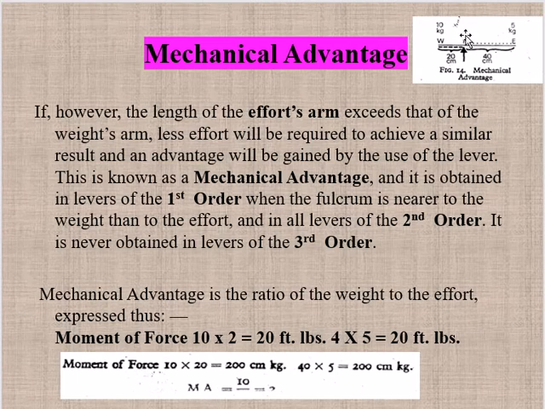see in this diagram that a 5 kilogram effort is applied and a 10 kilogram weight is lifted. So then mechanical advantage is basically the ratio of weight by effort. We can say weight divided by effort. If we divide 10 kg by 5 kg, then we get 2, and the answer here is 2.